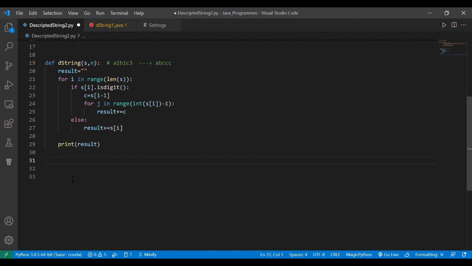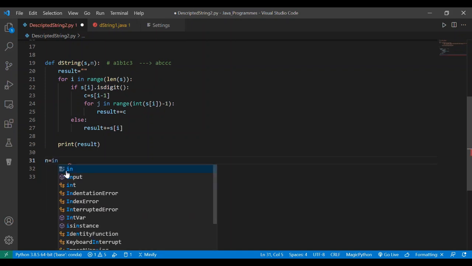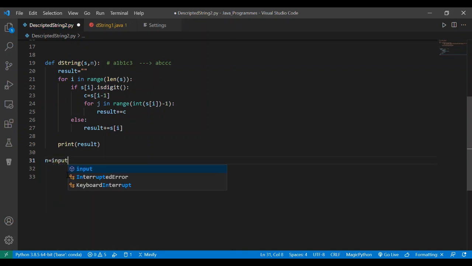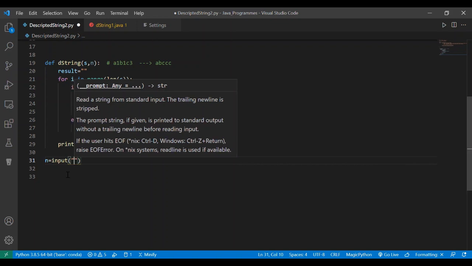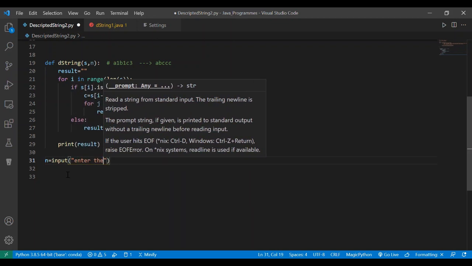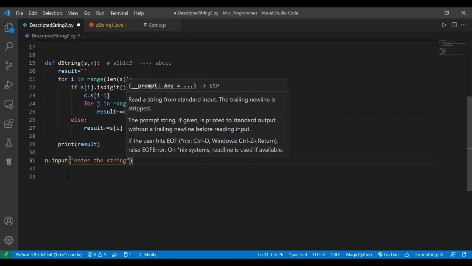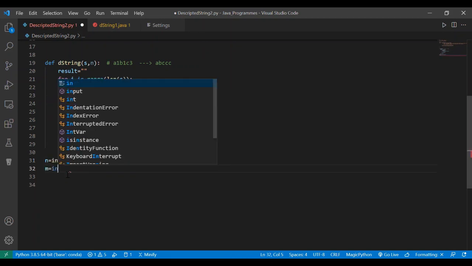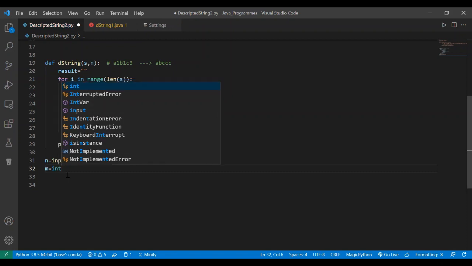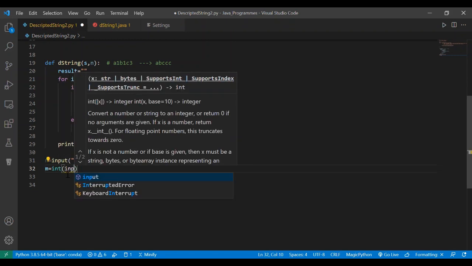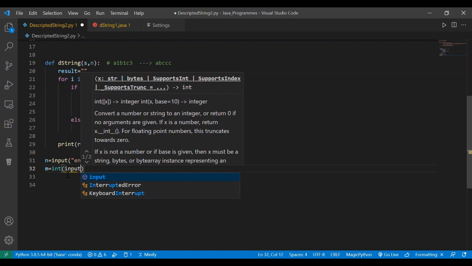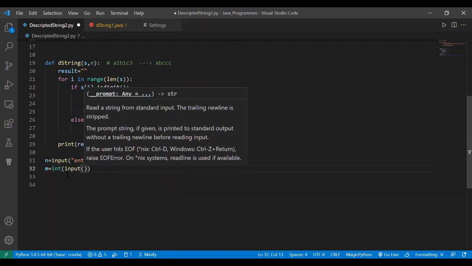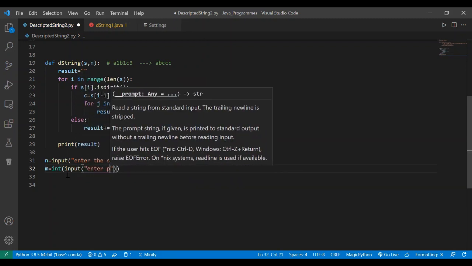We need to call this function. Further, we need to declare one variable. We need to take inputs. We can use an input, for suppose, to enter this string, and we need another input which is an integer type, which tells us the position where we need to get a character. Enter position,